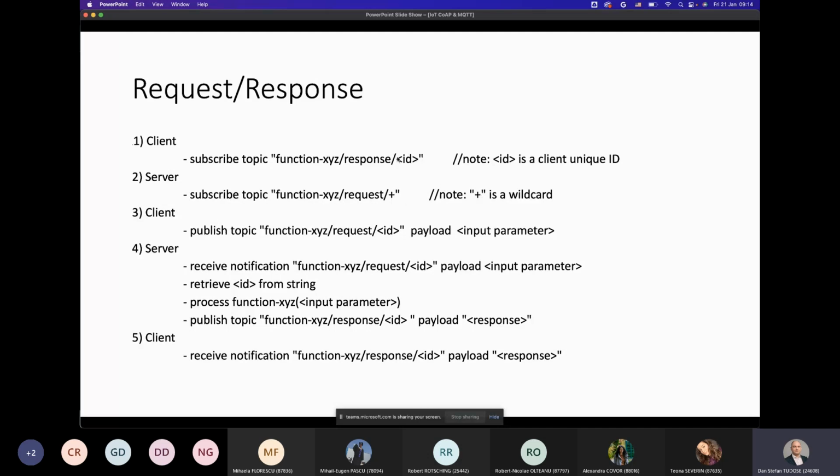Plus is a wildcard here, so you have all the IDs. You can publish to a certain topic, so you can go to request /ID, and you can have different interactions, such as receiving, retrieving and processing different functions at the server. We'll go through an example, and you will see what these mean when we have the demonstration.